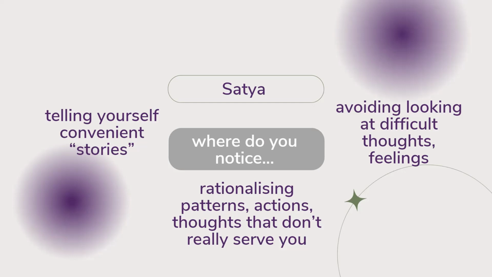What I've tended to notice, the more that I've arrived into that place of truthfulness, that true essence within me, when I notice these actions coming up, is that the more energy I spend on rationalizing something, the more likely it is that what I'm really trying to do is obscure the truth from myself, which is, I don't want to go on that run. Why don't I want to go on that run? Let's explore that, and that might then require me to start looking at and sitting with some thoughts and feelings that might feel difficult or challenging.